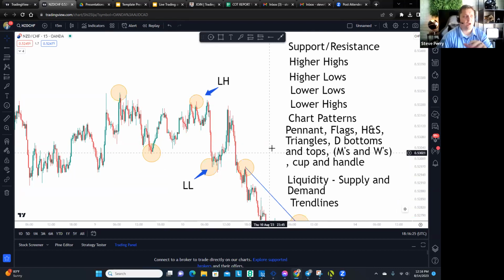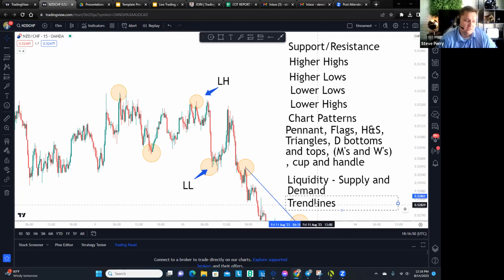This is separate from the COT report. With the COT report, we can still look at price action, but the cool thing about the COT report is you can trade it blindly. You don't have to even look at the charts to trade the COT report. But if you want to trade price action, then you better be looking at price. You've got to be looking at the charts, right? So I would say all of these, and there's probably many other things out there that you could label, but these are the main points that you want to talk about.